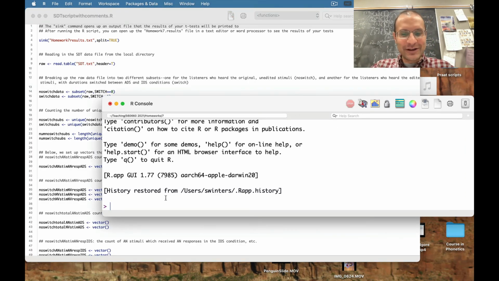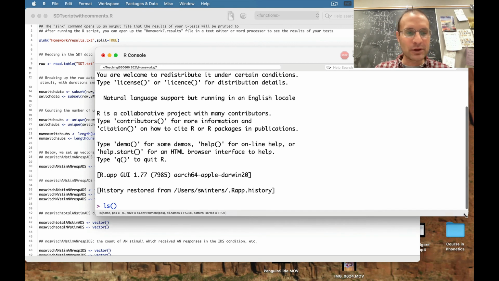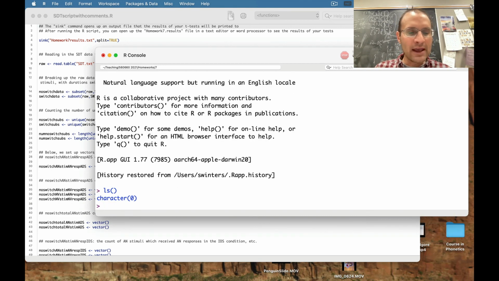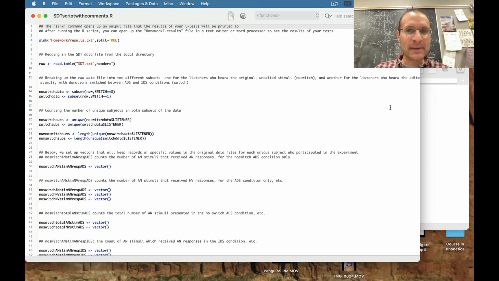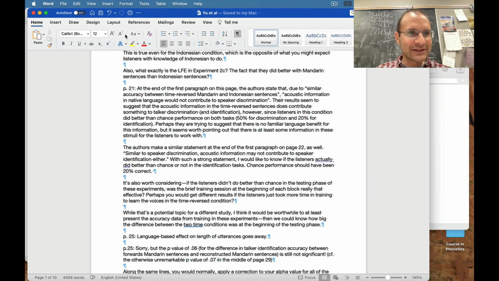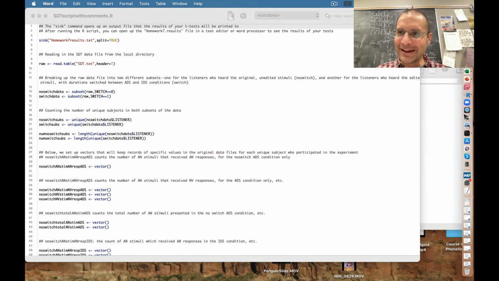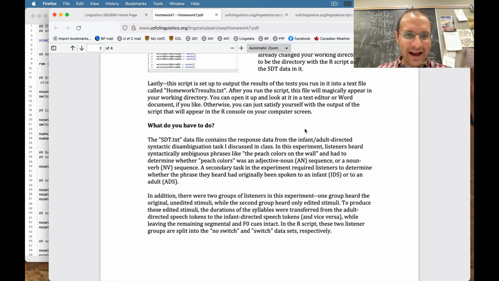I also want to show you another little piece of magic here. I just opened up this R console, and if I type this ls command, it's going to show me what sort of data structures are in my working R console. And basically what I have here is nothing because I just started it. But I'm going to be able to quickly add things as I go using these commands in the script. Okay, so, right, this is not what I want to show you at all. Sorry about that. And instead, what we have here is